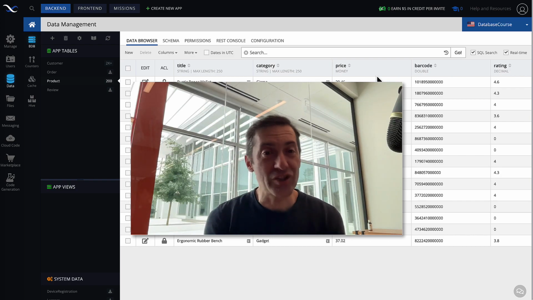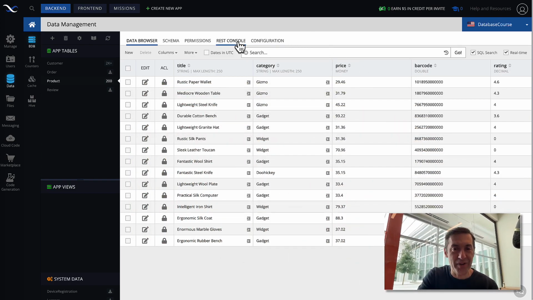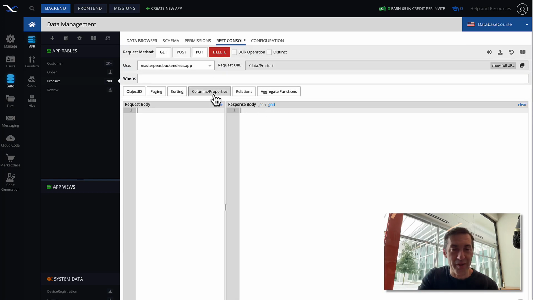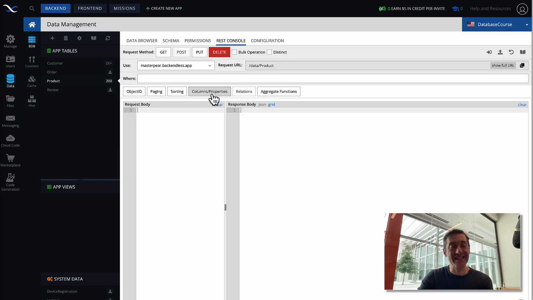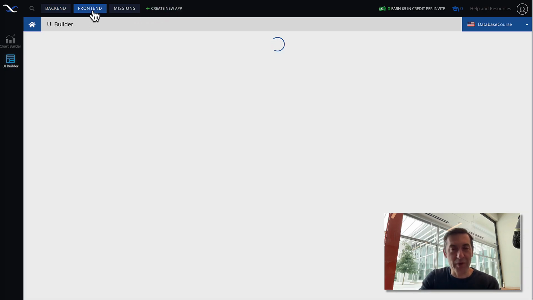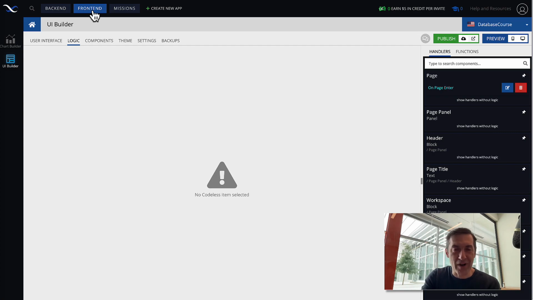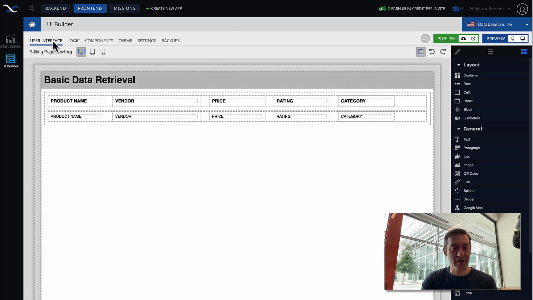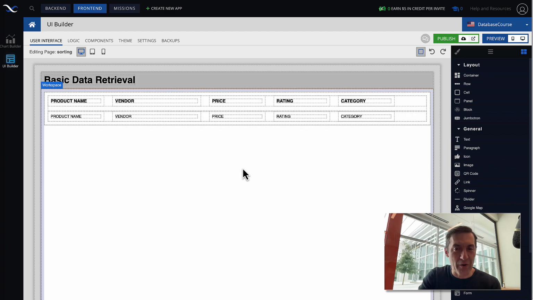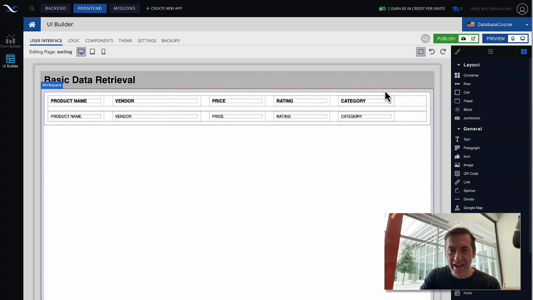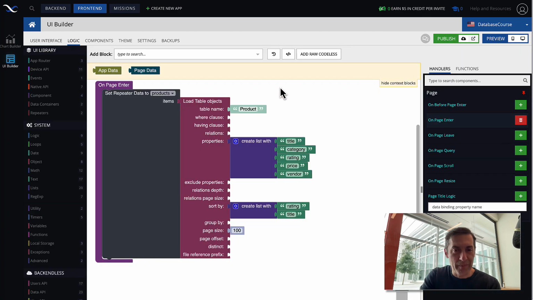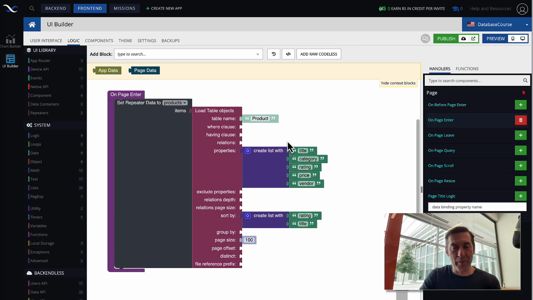There is no exclusion option in REST console. So here, as you saw in the previous video, you can specify which ones should be included. But let's take a look at it from the API perspective. And for this, we will go to UI Builder, and whatever we do in Codeless, the same process will work for regular APIs that we have in our SDKs. So here we will use exactly the same page that you already have. Let's switch to the logic screen for the page.